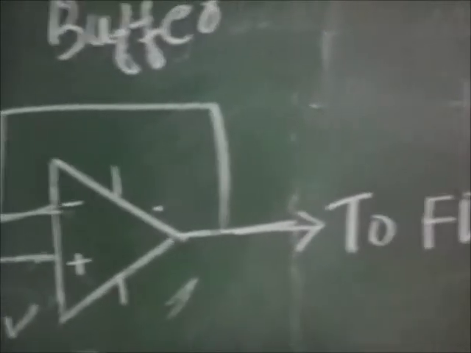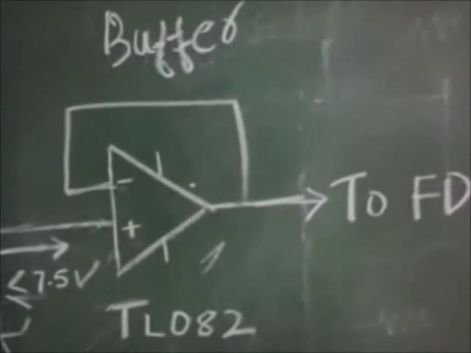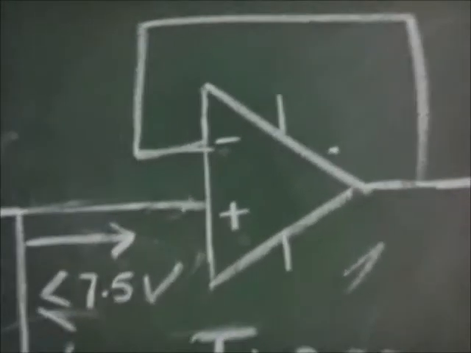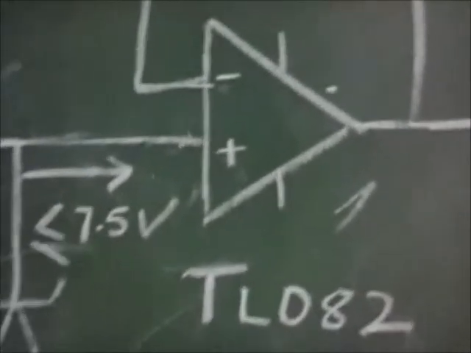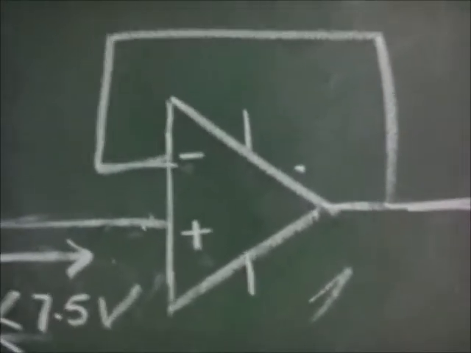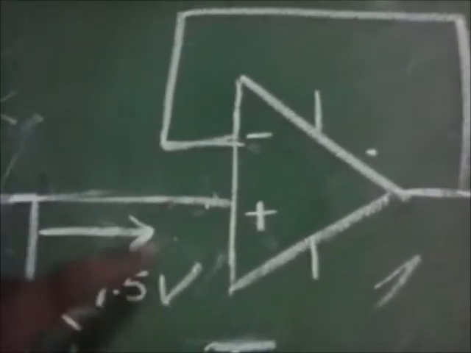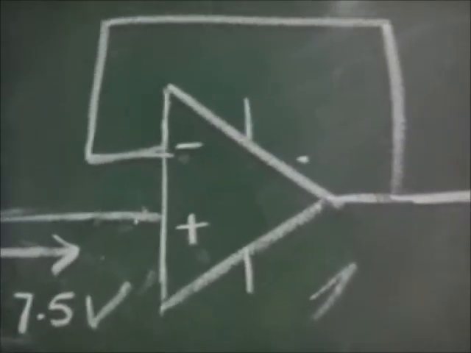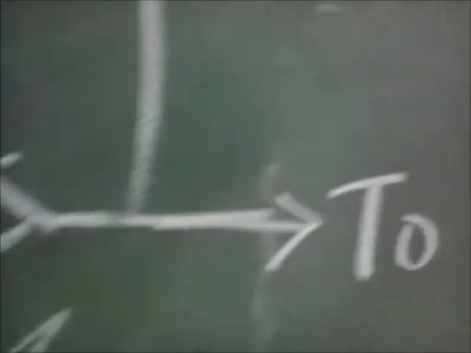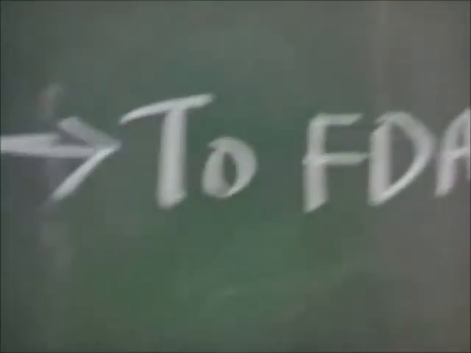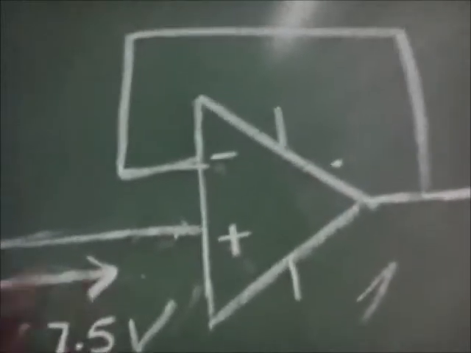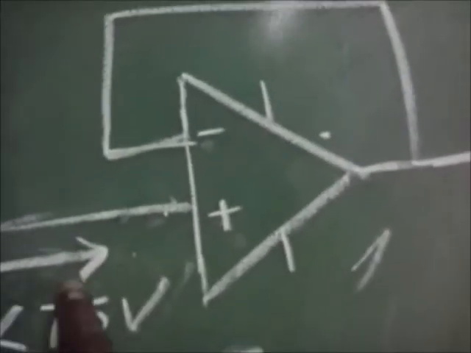Buffer amplifier. The output from the previous stage is fed to the buffer amplifier. This is used to prevent loading of the transformer. Also, this strengthens the signal quality. The loading capacity is increased using the buffer since its input impedance is very high and the output impedance is very low. Hence, it increases the current driving capacity and the voltage is replicated from the input to output. The output voltage is a replica of the input voltage.